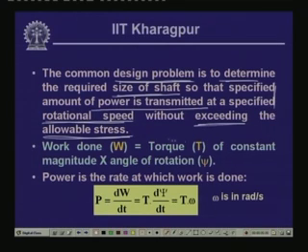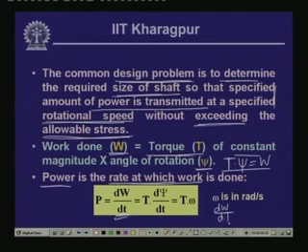Now, since it involved that amount of torque and a constant magnitude, the work done by the shaft when it rotates under angular speed omega is equal to the torque multiplied by this rotation. So, work done W is equal to torque multiplied by the angle of rotation, which we have designated as psi. So, T times psi is the work done W. Now, power is generally the rate at which this work is done. So, P is equal to dW dt, and T being a constant magnitude,